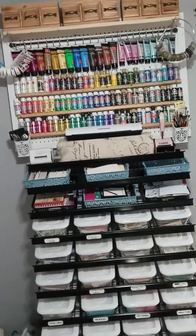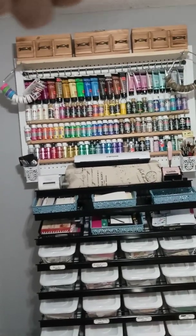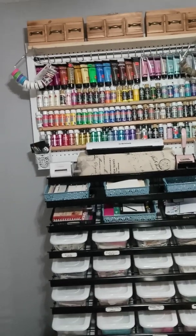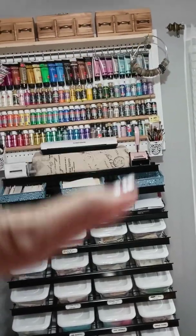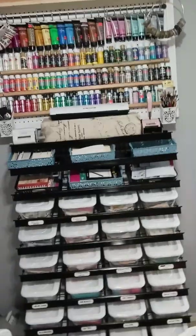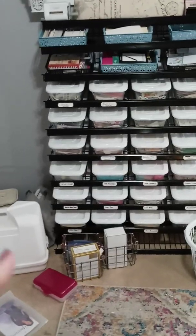That's like all my craft paint, and up there, those boxes are filled with different kinds of pens and markers and color pencils. Those two things are washi tape, the extra washi tape that didn't fit in my washi tape holder thingy that I got, and I'll put it up. Once I put it up, I'll show you where I put my washi tape. All of that stuff is like,